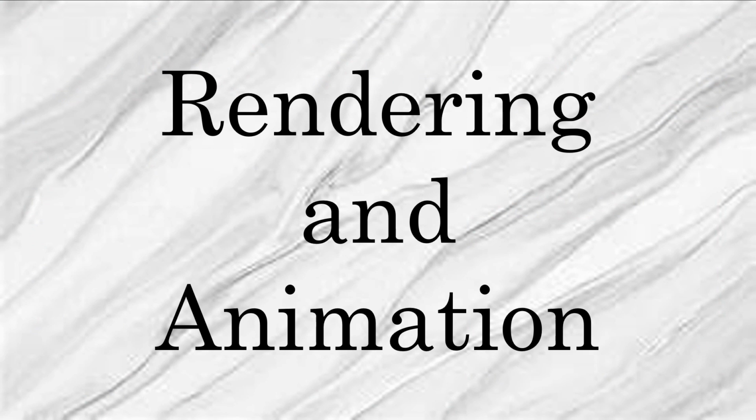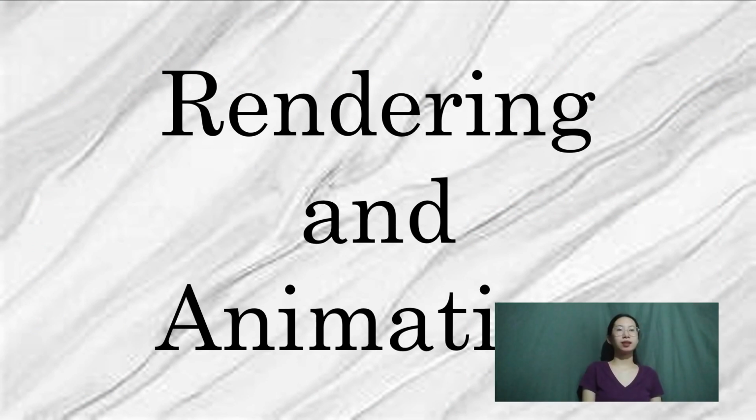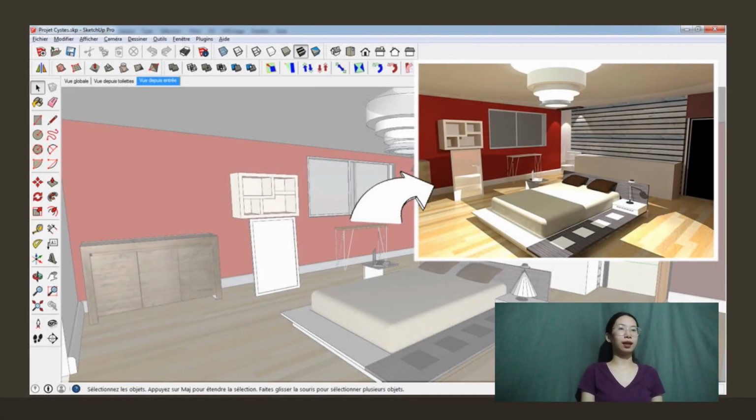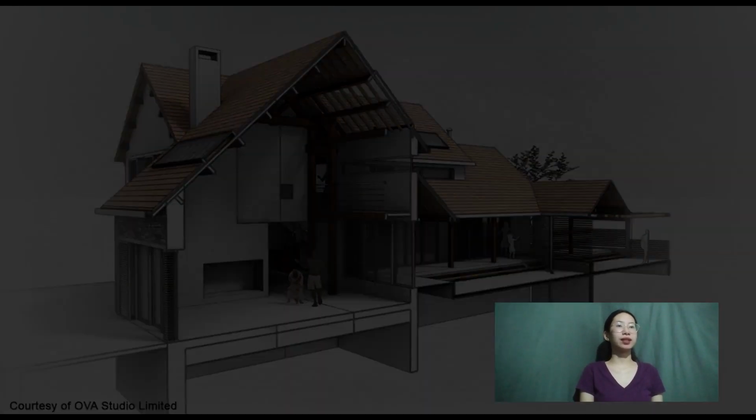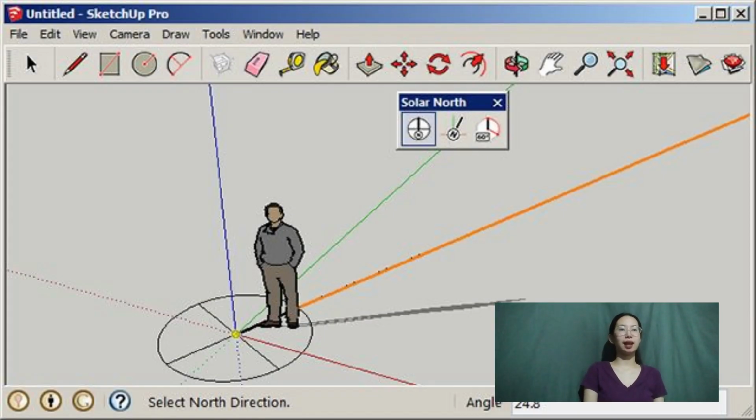Rendering and animation. SketchUp uses external plugins to achieve rendering and animation. The software is compatible with multiple rendering engines. However, you can use SketchUp to control the daylight and the sun direction by changing the time and the month. As for the rendering engines, you can use V-Ray, which is already a very famous rendering engine, especially in the architectural field and in interior design. It helps you get stunning results close to reality.